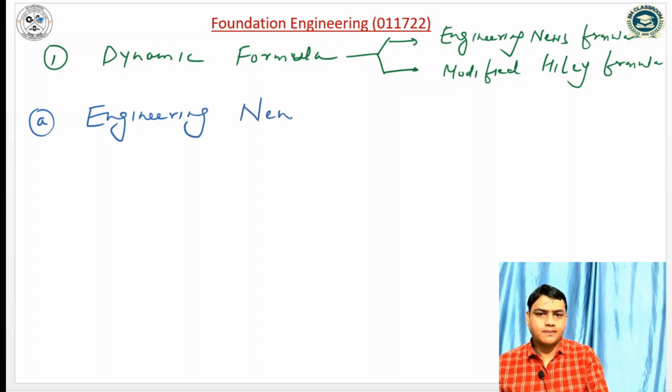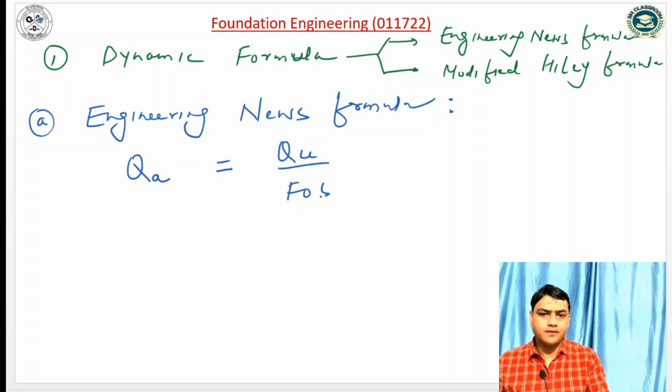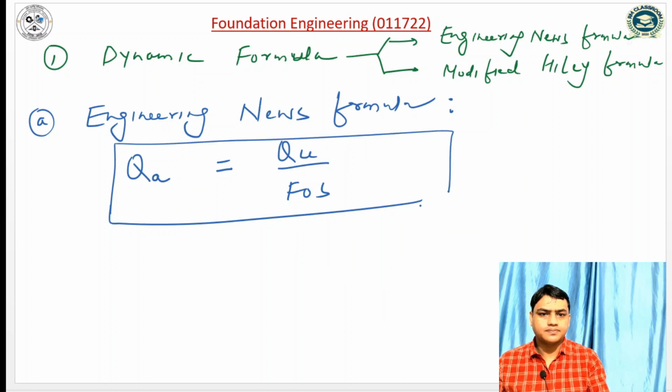According to this formula, allowable load or safe load is equal to ultimate load divided by factor of safety. And the ultimate load can be written as WH divided by S plus C,